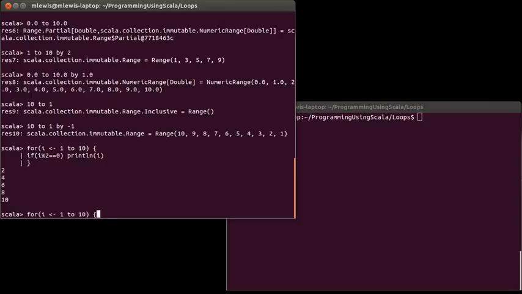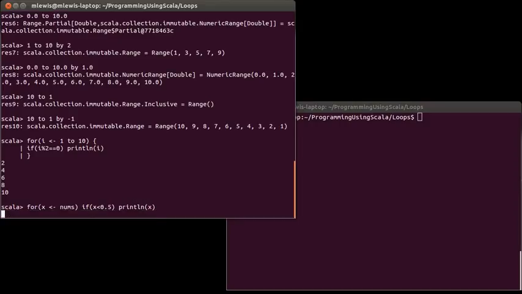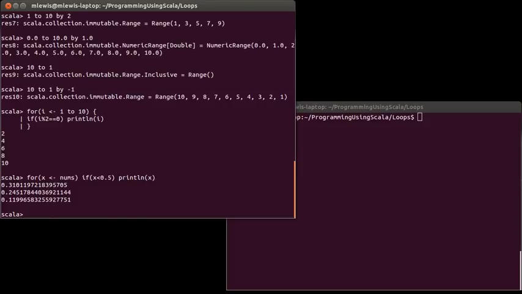Similarly with my nums from above, if I go back up to this earlier loop, I could do something where I only print out if x is less than 0.1. Actually, let's go with 0.5. I don't know if I have any that are less than 0.1. Okay, so 3 of the values were less than 0.5, which is what we would have expected for 6 values. So you can nest these things however you want, and the for loop just gives you an easy way to run through a collection. We'll look at other options. There are lots of other possibilities for this, but we'll do those